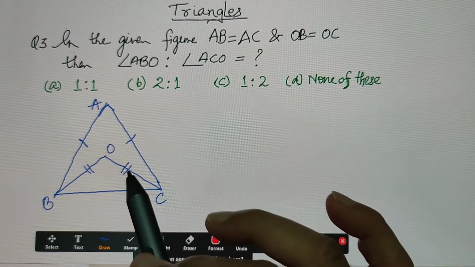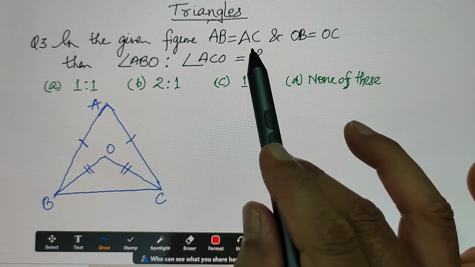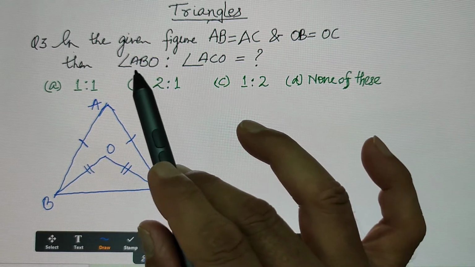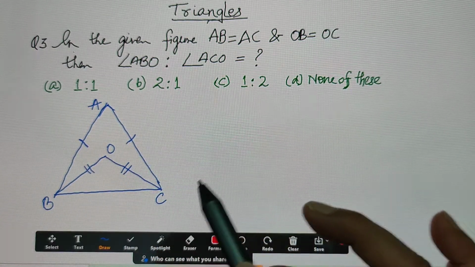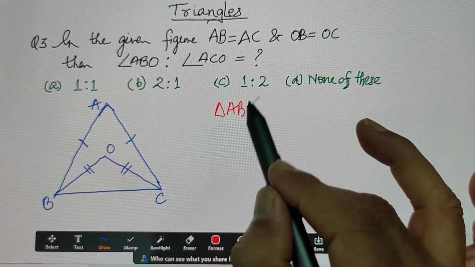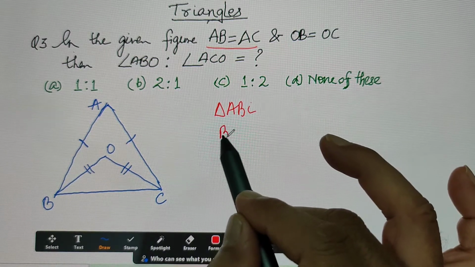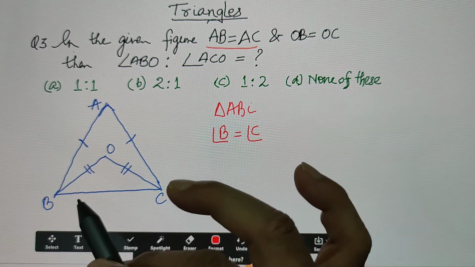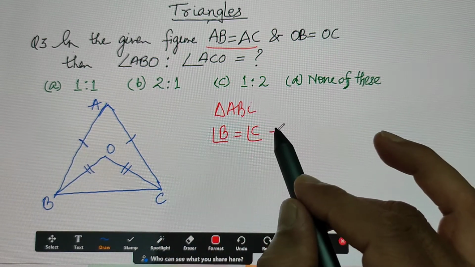Great. In the next question, we are having triangle ABC, where AB is equal to AC, OB is equal to OC. Now we have to find the ratio of angle ABO and angle ACO. As the triangle ABC has AB equal to AC, that means angle B is equal to angle C. That is the base angle of an isosceles triangle. Let us suppose these two angles are equal to angle